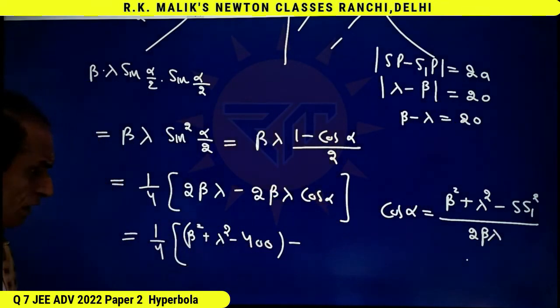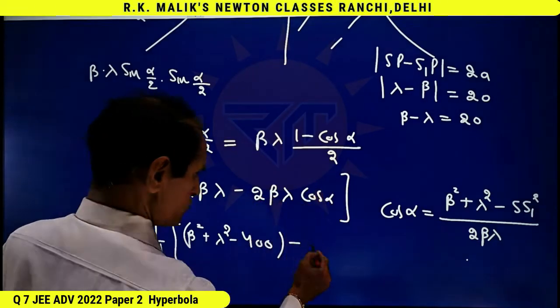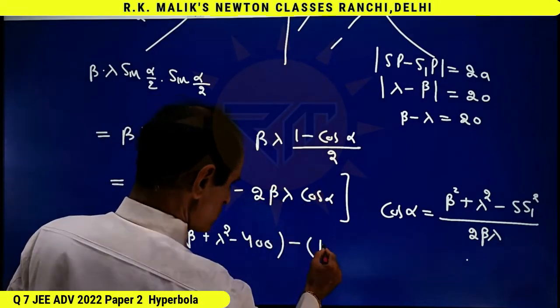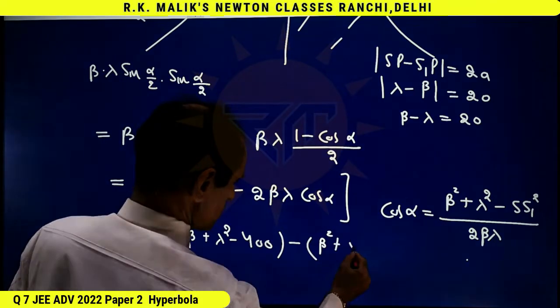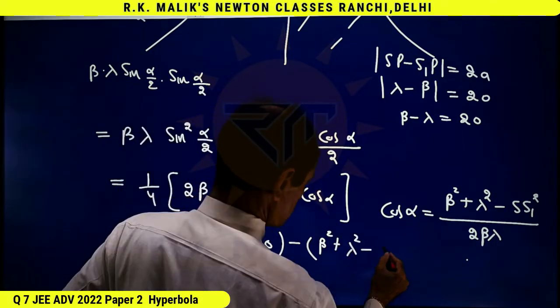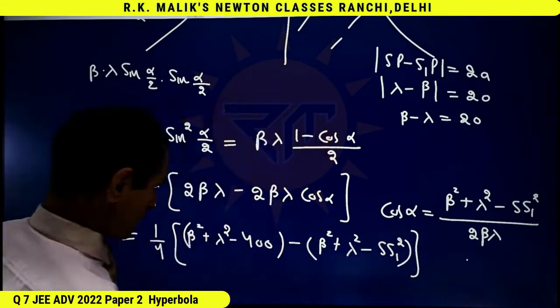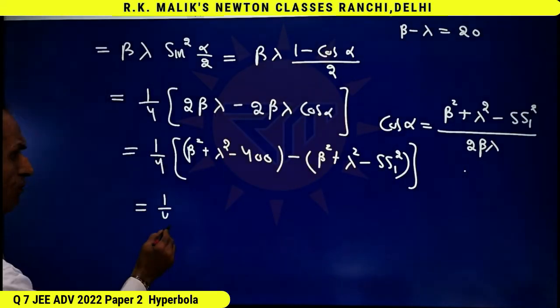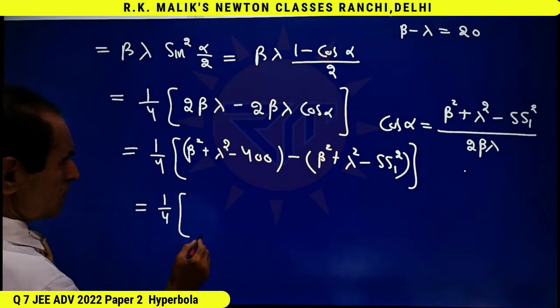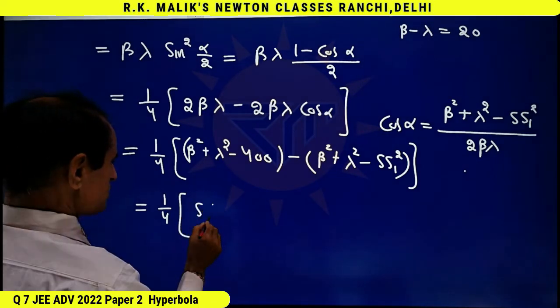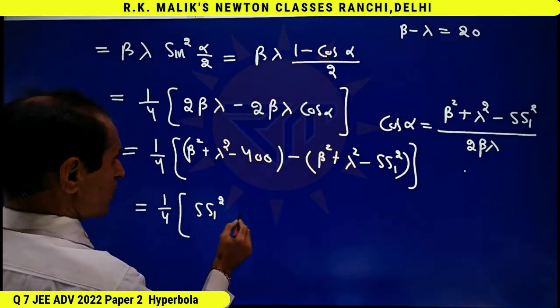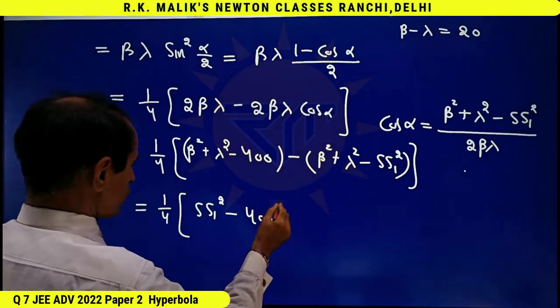Keeping this formula in mind, the value of this becomes beta square plus lambda square minus S1S square. This is equal to 1 by 4 into S1S square minus 400,